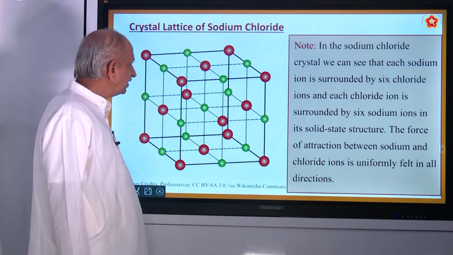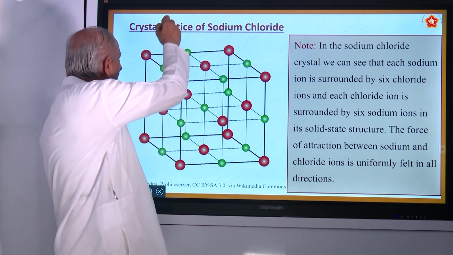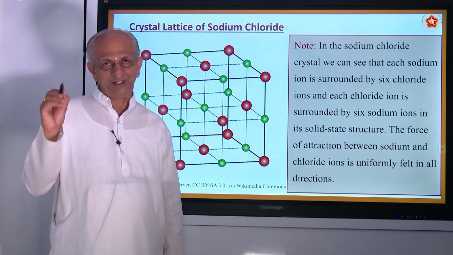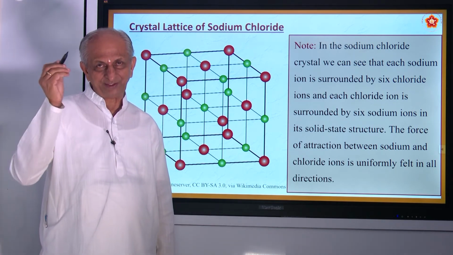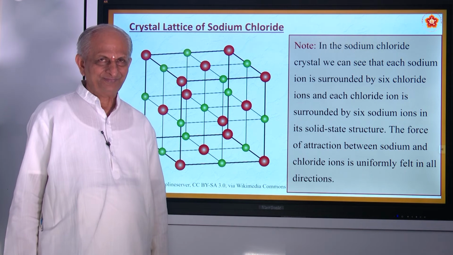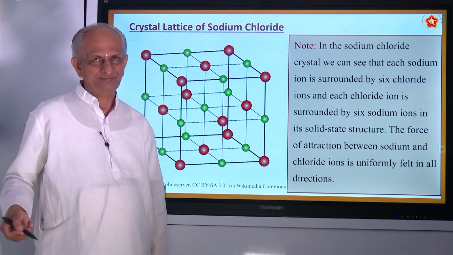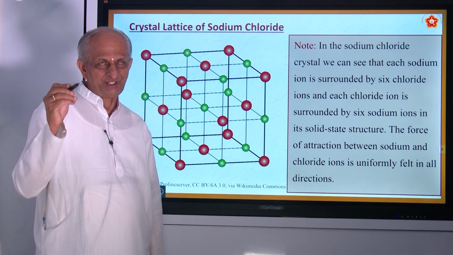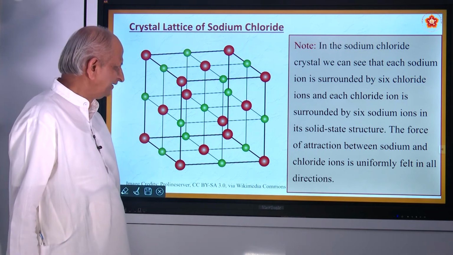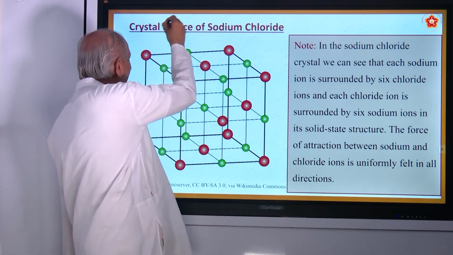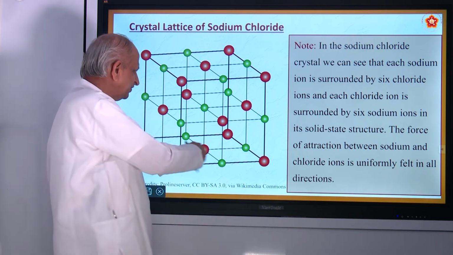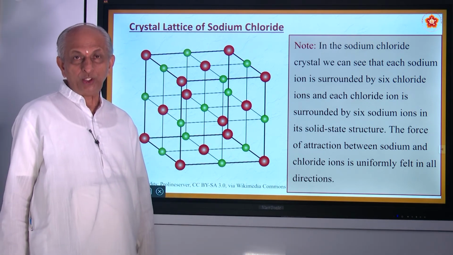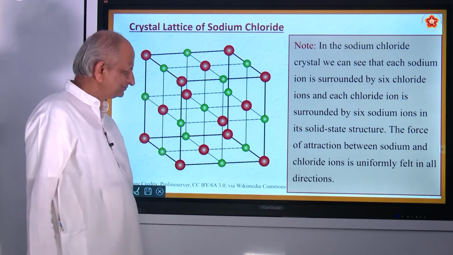So hence a crystal is formed, and that is what is called a lattice. The shape is called lattice. Each ionic compound has its own lattice. If you say magnesium oxide, it has one type of lattice. If you say potassium chloride, it has its own lattice. So the shape is called lattice. It is called crystal. So the compound that is obtained is called sodium chloride crystal. Okay,